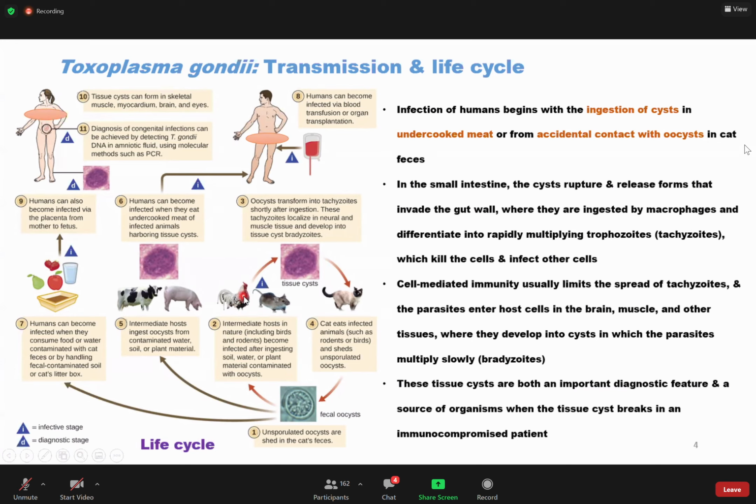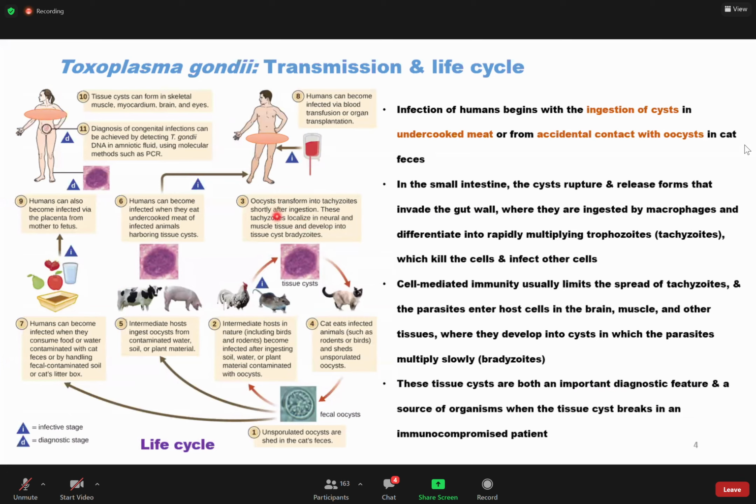But with poultry, what can happen is that when we have the tissue cyst and we prepare dishes that we consume raw or poorly cooked, the heat that we apply in cooking the food is not enough to destroy the tissue cysts, then we can actually ingest the infective form and get exposed to the parasite.